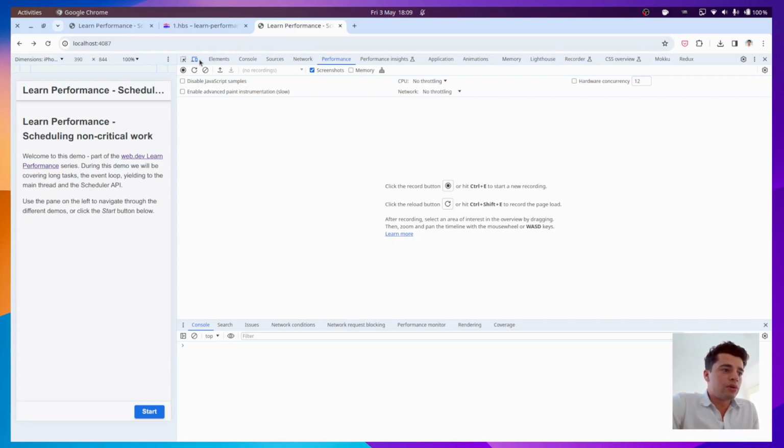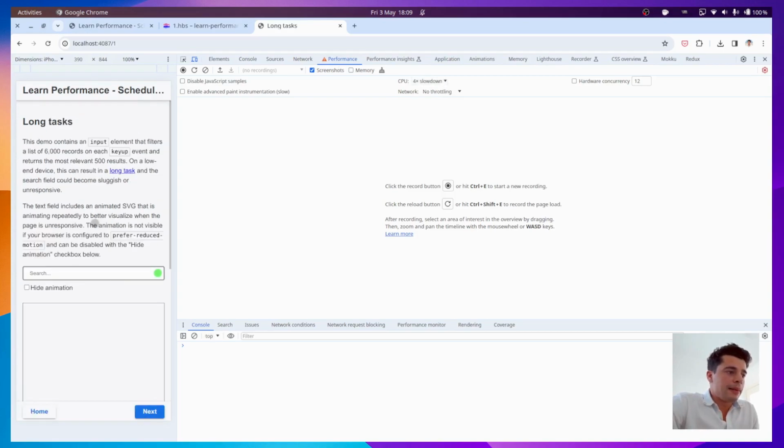For this demo, I will be using mobile device emulation and I will be slowing down my CPU by 4 times, which you can find under the performance panel. The first demo serves to illustrate the issue of long tasks. A long task is a task which takes more than 50 milliseconds to complete and may result in a slow